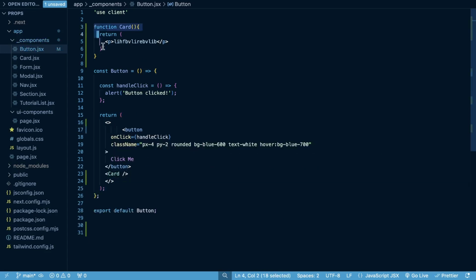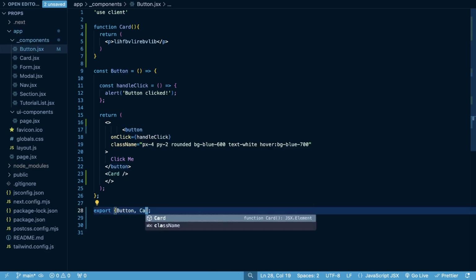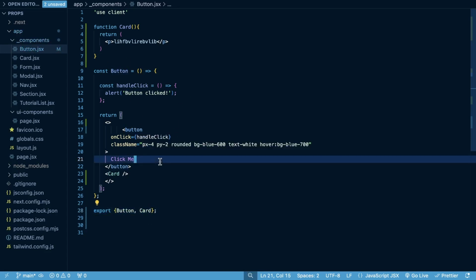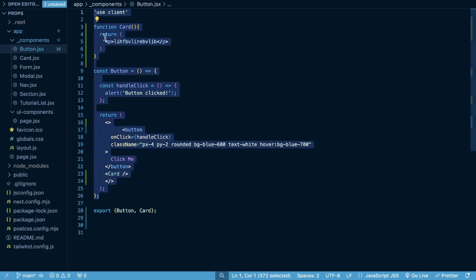So I create this card component right here, and then I render this within this button component, and both of these are in the same file. And if I wanted to, I could export button as well as card from this file. And then I could import those in other files, and that would be fine to do. So you can create components in the same file, but generally, I prefer to keep one component per